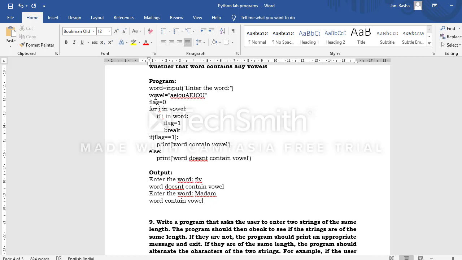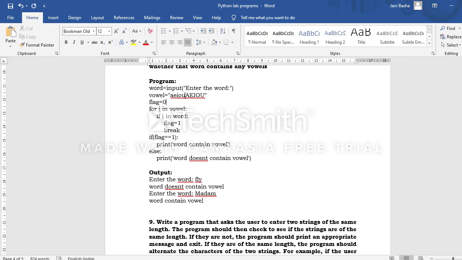For that, the program I have written is: word is equal to input of enter the word. Then I am using a variable vowel, which holds all the possible vowels, A, E, I, O, U in small letters and capital letters, as one big string.